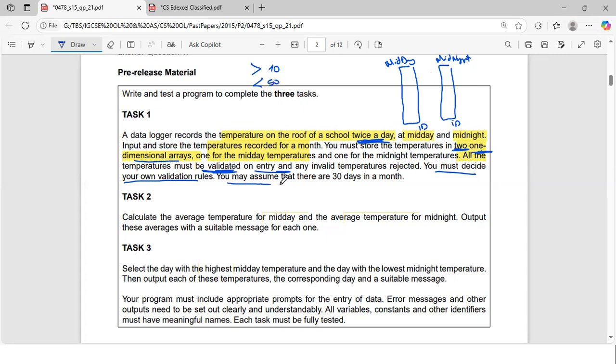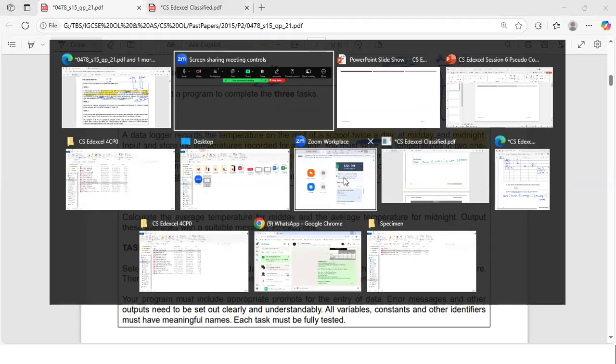Okay, and you may assume that there are 30 days in a month because, of course, you know some months have 30, some have 29, and some have 31. So to make it easier for you, you will assume that you have only 30 days per month. Okay, so if we want to do it,